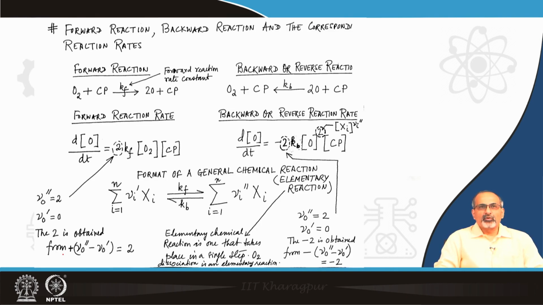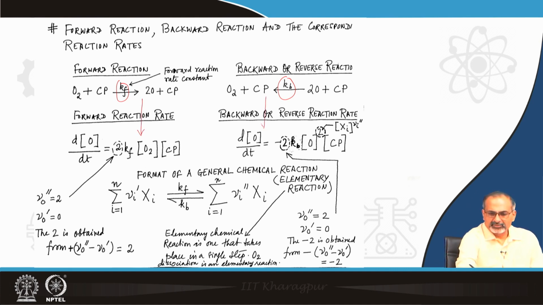When it comes to the forward reaction, the backward reaction and correspondingly the reaction rates, then we involve the forward reaction rate constant and the backward reaction rate constant, and we look at the forward as well as the backward reactions hand in hand, and we try to figure out which is dominating over the other, and that essentially gives rise to the net reaction rate. So, starting from this, if you write down the rate equations, they will ultimately evolve in this form, but